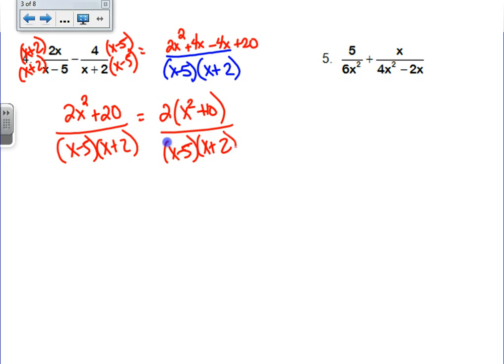Okay, so this is a great answer. This is the way I like to see it on your homework. Fully factored, combined, everything reduced as much as you can. Now number 5,